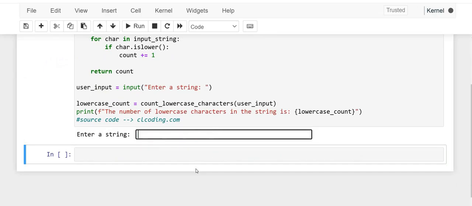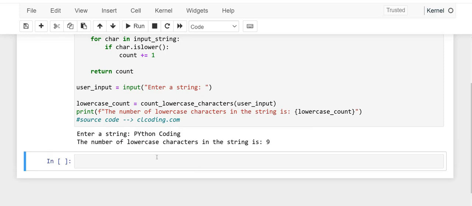So let's check this program. As I'm entering a string, hence this will tell the number of lowercase characters. In this given string, the number of